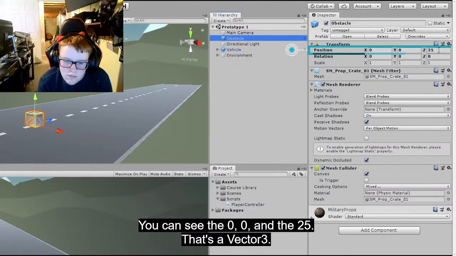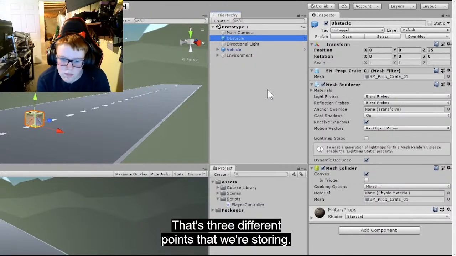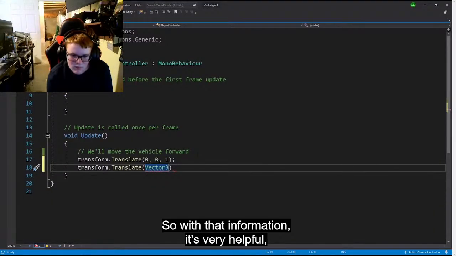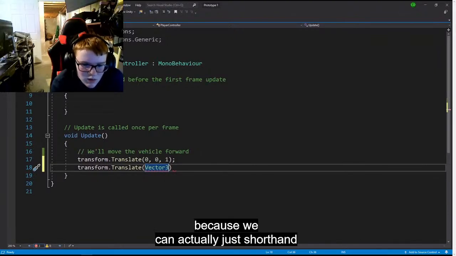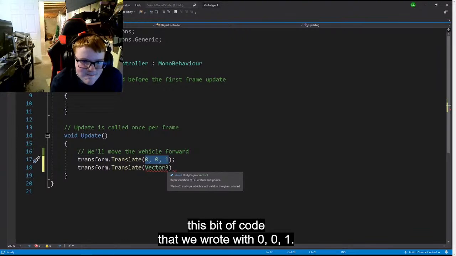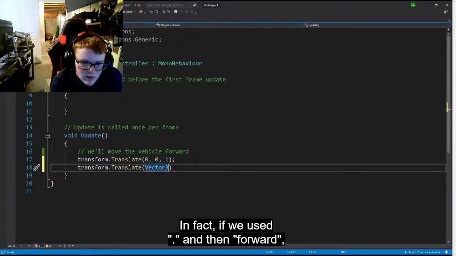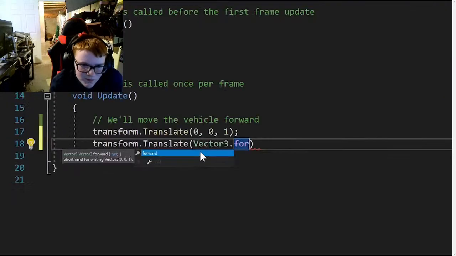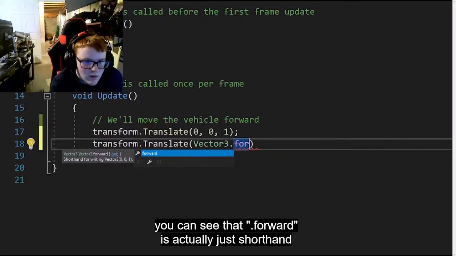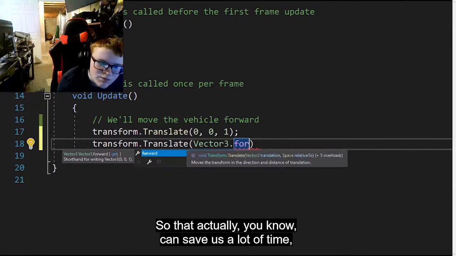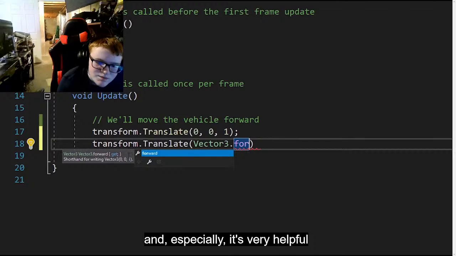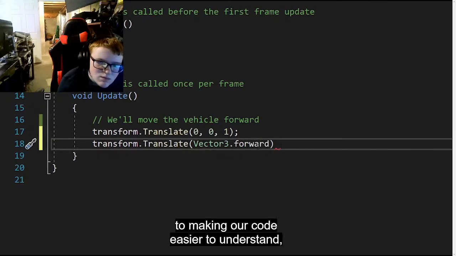You can see the 0, 0, and the 25. That's a vector 3. That's 3 different points that we're storing. So with that information, it's very helpful because we can actually just shorthand this bit of code that we wrote with 0, 0, 1. In fact, if we use dot and then forward, you can see that forward is actually just shorthand for writing 0, 0, 1. So that actually can save us a lot of time, and is especially helpful in making our code easier